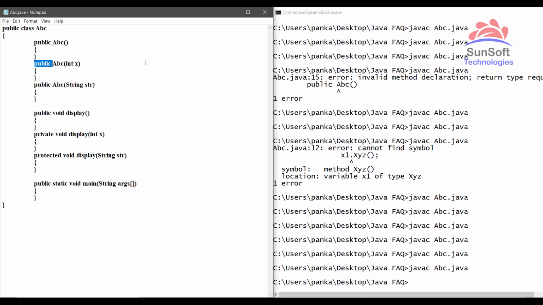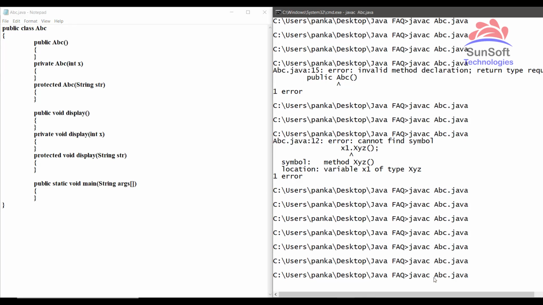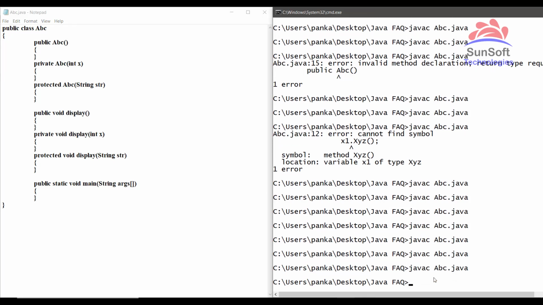Let me try doing the same thing with the constructor and save it. If I try to compile this code, yes, it's compiling. So both constructors and methods support the access modifiers, that is public, private, protected.